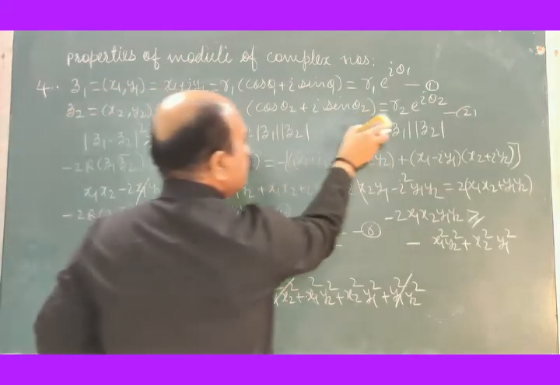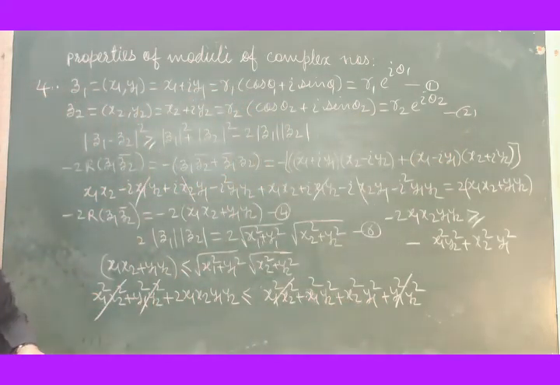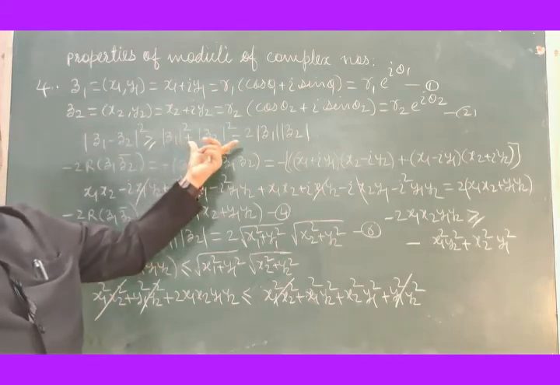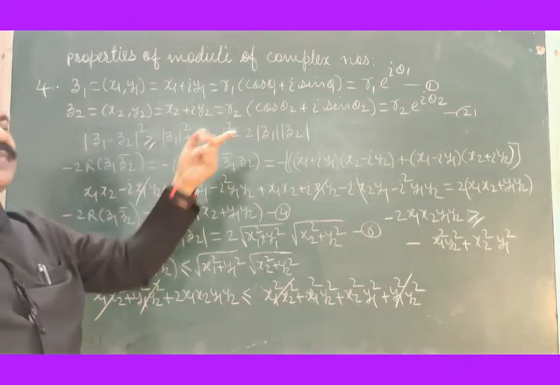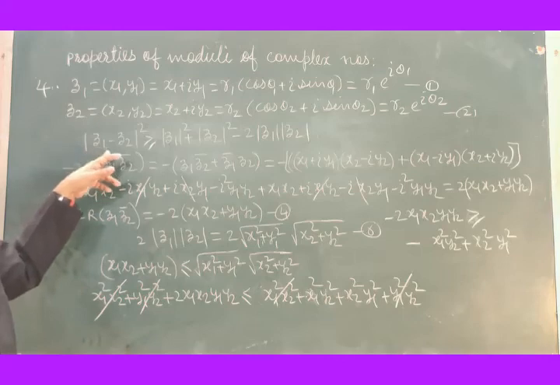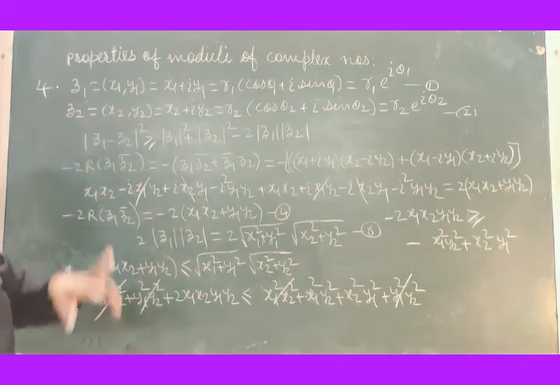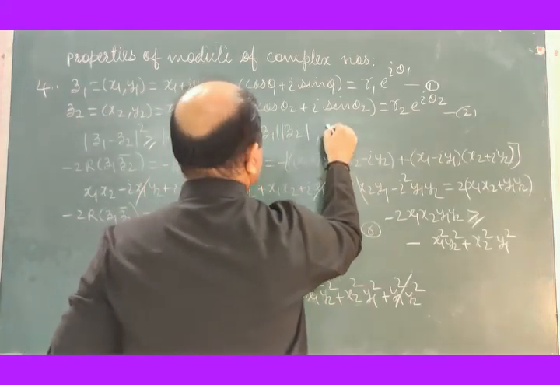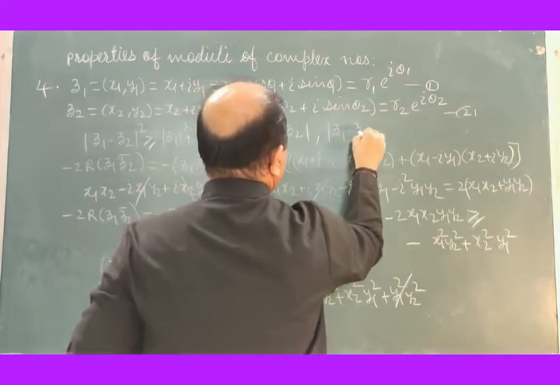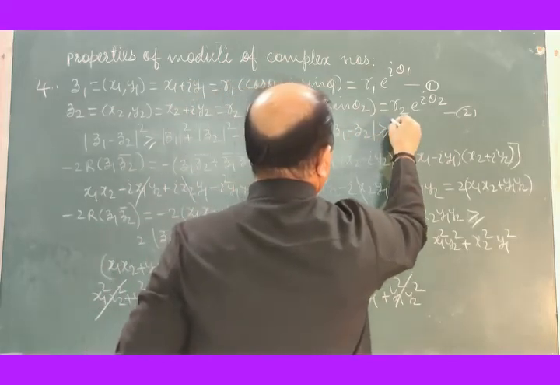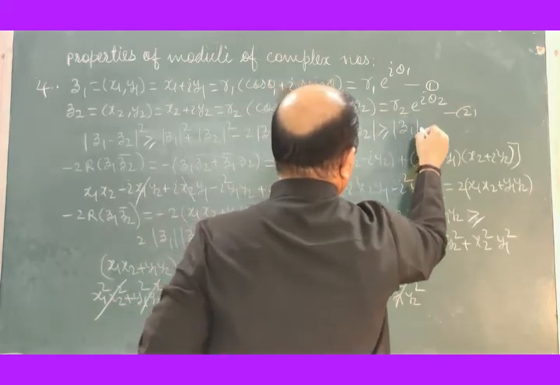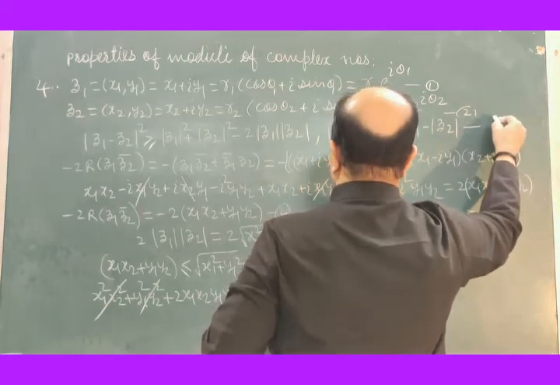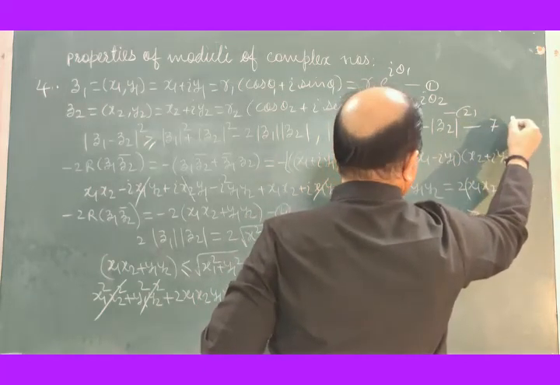And so this equal to sign is now replaced by greater than or equal to. It is a minus b whole square, the expansion of a minus b whole square. This is a minus b square. If we take the square root on both sides, the result we get is equation number 7.